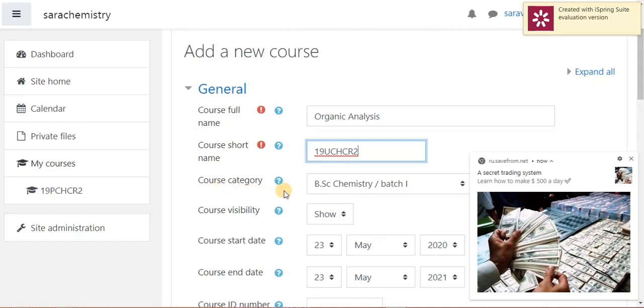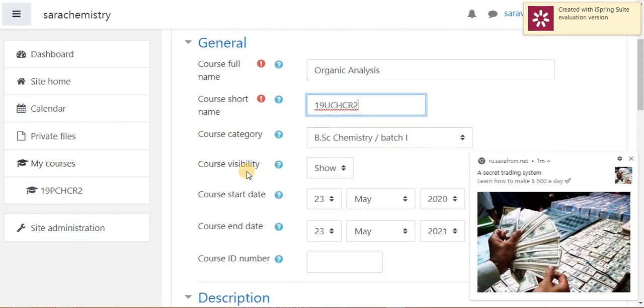So, course category will be taken as BSc Chemistry Batch 1. Course visibility you can make show or hide. If you hide for students, it will not appear in the list of courses except to teachers.